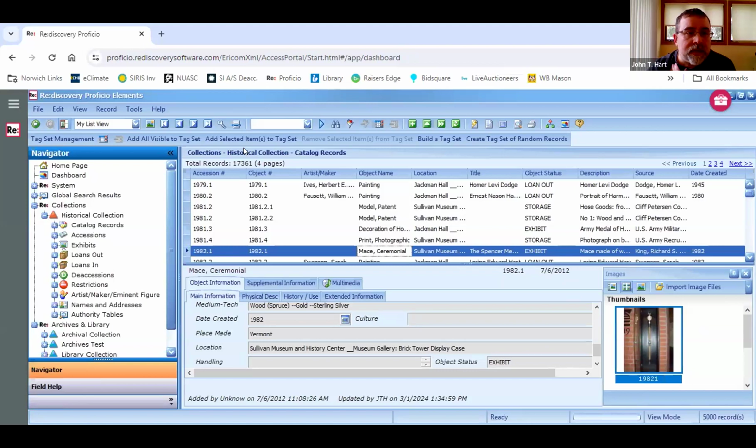So we looked at a couple of different systems when we started reviewing databases. They were all cloud-based. And again, because we had remote exhibit spaces on campus, we really needed that type of a system where we could just take a laptop, go to those remote exhibit spaces and be able to inventory, to catalog, to spot check inventories. So that was really important to us. What we didn't realize